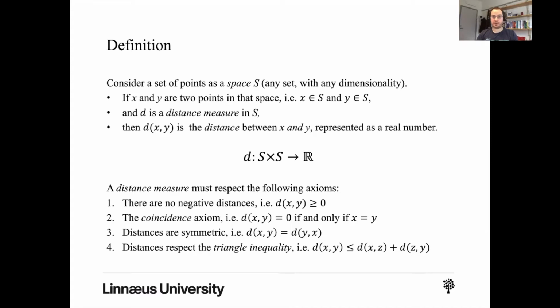Distances are symmetric. So the distance between x and y is the same as the distance between y and x, which is kind of like how it works in the real world, right? I mean, if I'm far away from someone, then someone is far away from me in the exact same amount, let's say, or distance. And any distance measure that we define, no matter the input space, should also reflect